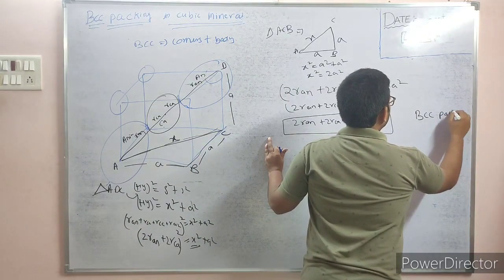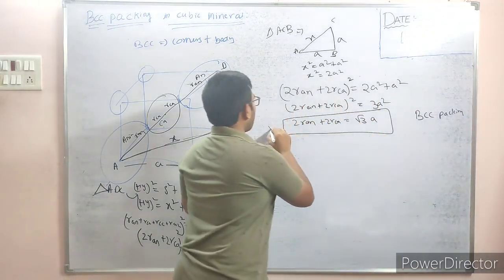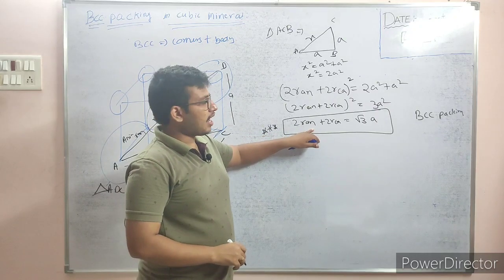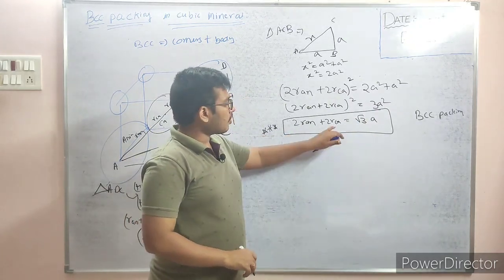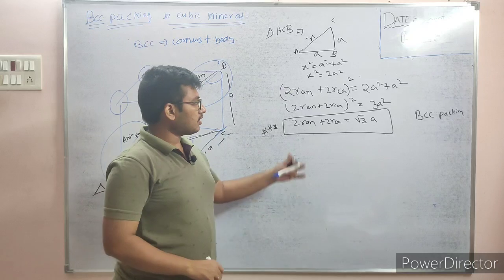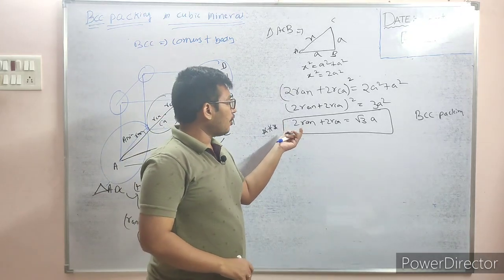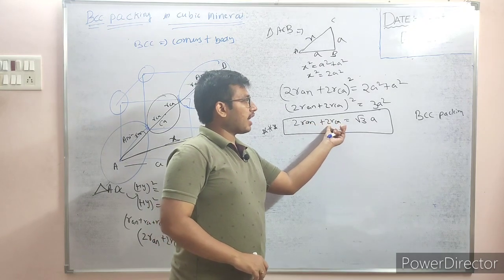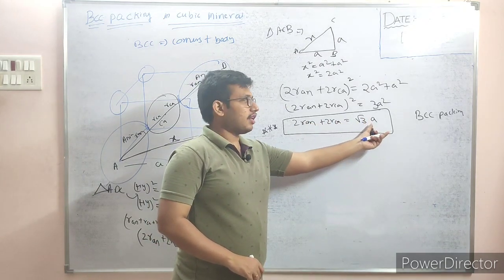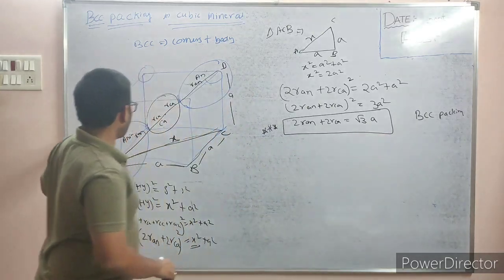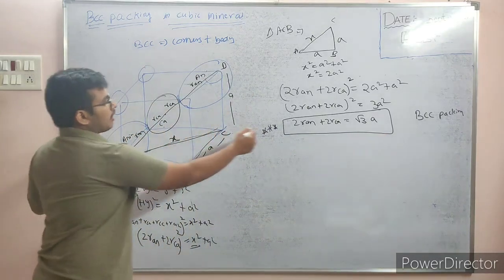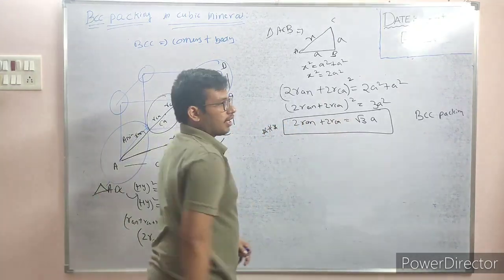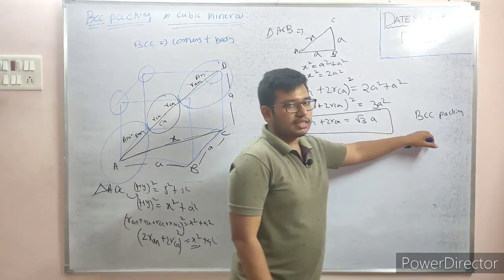So many times, so many questions have been asked from this type of formula and FCC packing. They simply give radius of anion and they will give the edge length, and they will want to find out the radius of cation. In this situation, if they give radius of anion, we have to multiply with 2, into radius of anion plus 2 into radius of cation is equal to root 3 a, the edge length. Okay, so they will give only one radius of anion, so we have to multiply it by 2, and they will give the radius of cation, we have to multiply by 2, and root 3a. So this is the formula for BCC packing.